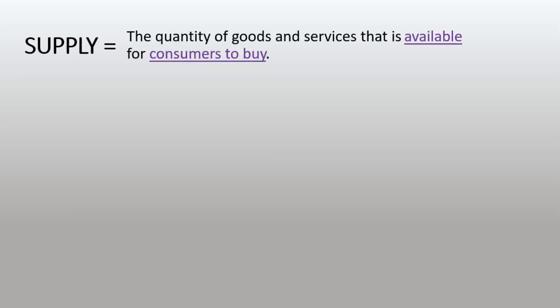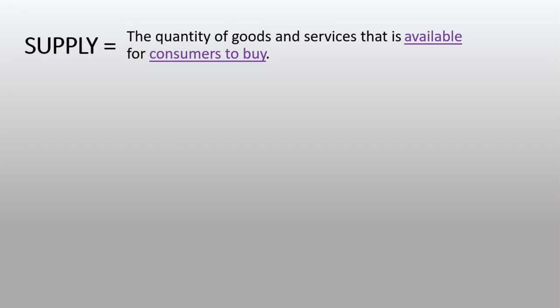In part 1 of our video tutorials, we identified supply as one of the crucial concepts, and we identified that supply is the quantity of goods and services that is available for consumers to purchase. This means that businesses and firms need to produce enough goods to meet the demand and make goods available for consumers to buy. It is therefore important to note that the quantity supplied is also determined by the price